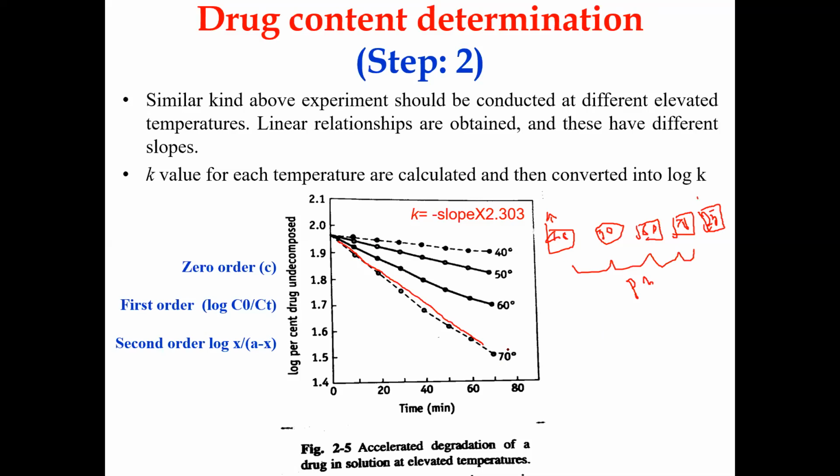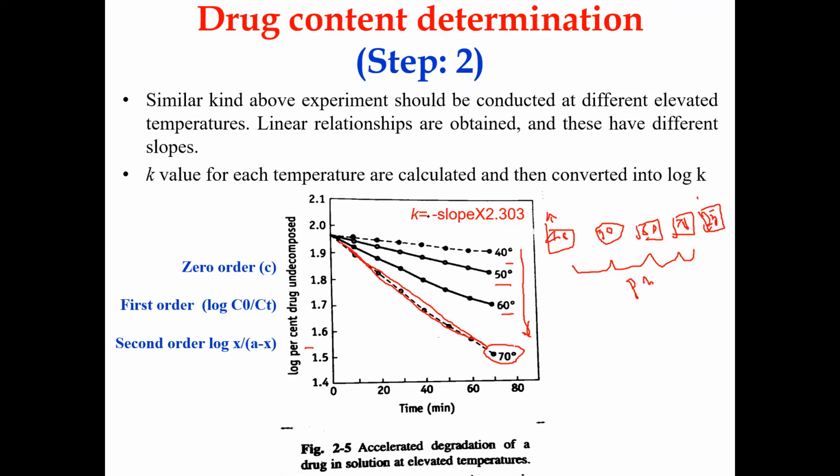That's why you can see at 70 degrees centigrade, if you see at 80 minutes, the decomposition is very drastic. Am I right? The rate of decomposition is very drastic because the temperature is more, the decomposition is more, followed by 60 degrees, followed by 40 degrees, or whatever it is. So the rate of decomposition is drastically increasing as the temperature increases, the time versus the concentration.